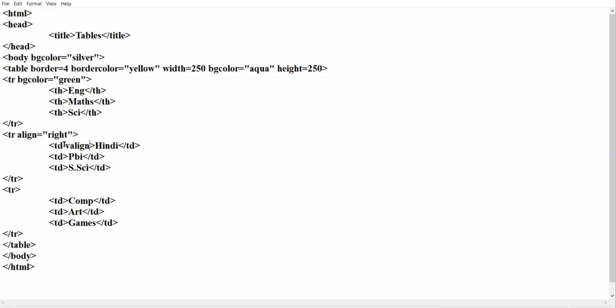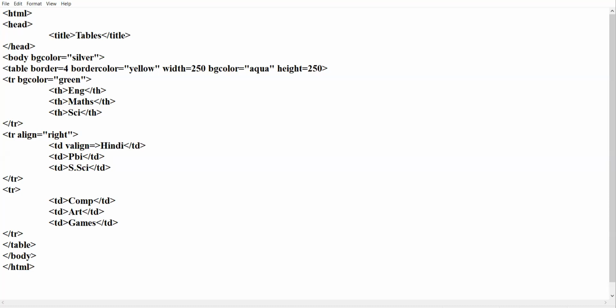V align is used to set the alignment in vertical direction. Align attribute has three values: left, right, center. V align attribute has three values: top, middle, bottom.